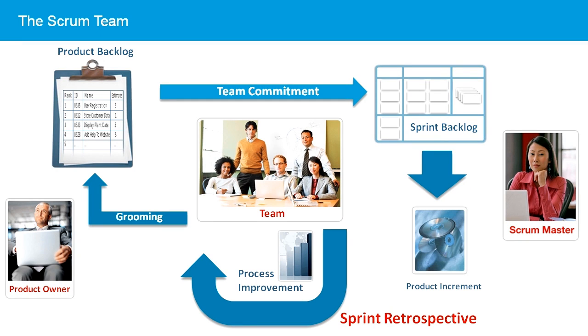The product backlog grooming meeting is time-boxed, as only the top priority items need to be examined. Product backlog grooming ensures the highest priority items are sized correctly and understood, so the sprint planning meeting can focus on breaking down these items into small